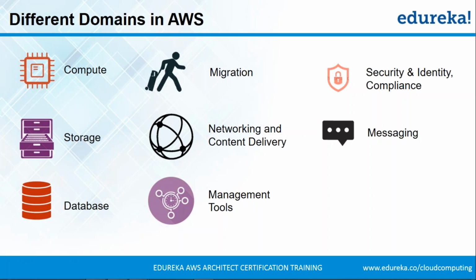Then comes the management tools domain, which would include services like CloudWatch, which is an all-in-one cloud monitoring tool which you can use to monitor your AWS resources, right? So guys, these are basically the domains in which AWS offers its services. And these are the functionalities. So with this, you get the idea of the functionalities that you can incorporate in your application if you're building it using the AWS resources.